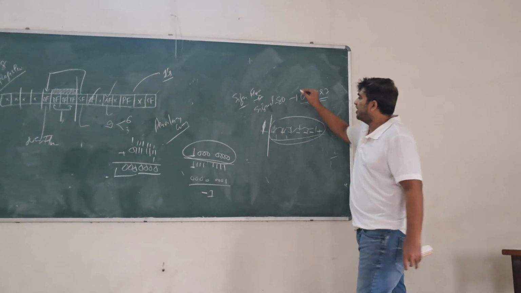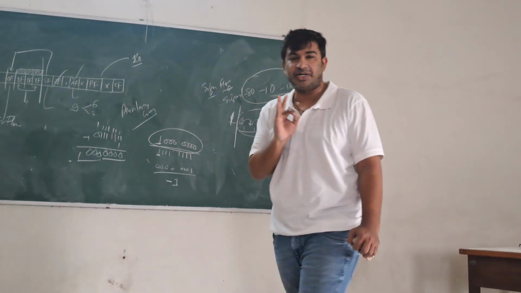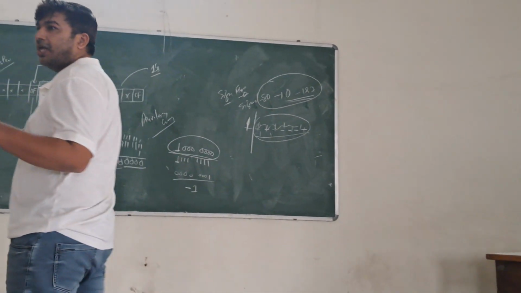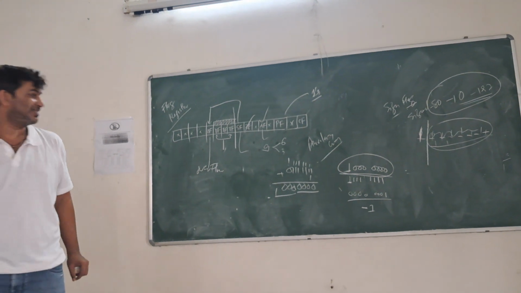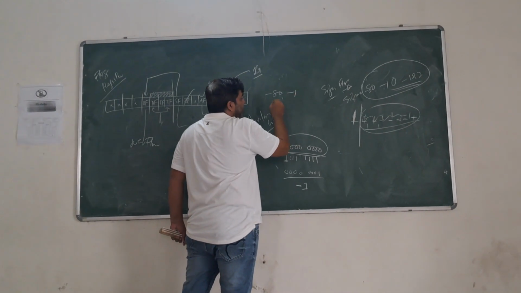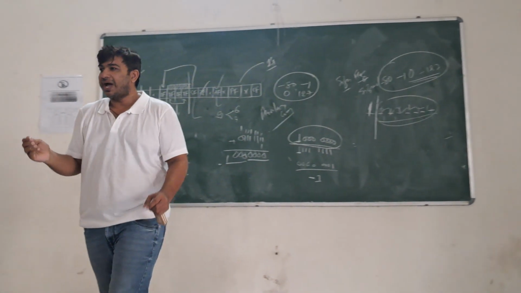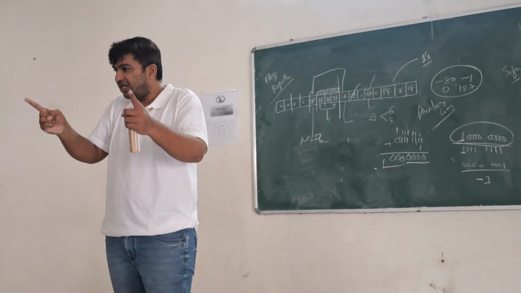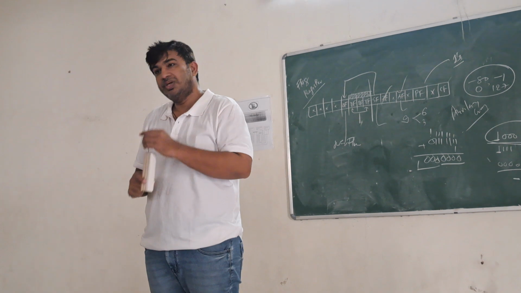So this is the range that you can represent using your signed number. Understand? So if I am having an 8-bit signed number, minus 80, minus 1, 0 to 127, this is what my range is. I can represent numbers between this range only. Understand? Yes. Is this clear?